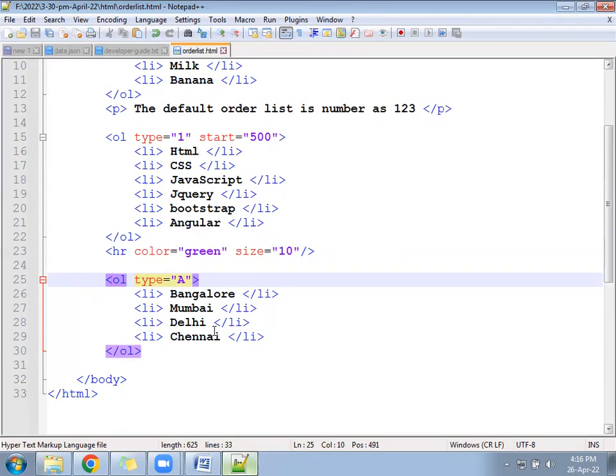Uppercase A should come. Now suppose someone demands, I want to start from D. Suppose anyone asks, do you have any option to start from D or S or T or Y anywhere? Then you have to say yes. How you can apply the number here is,